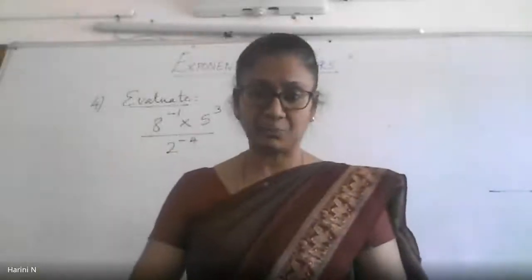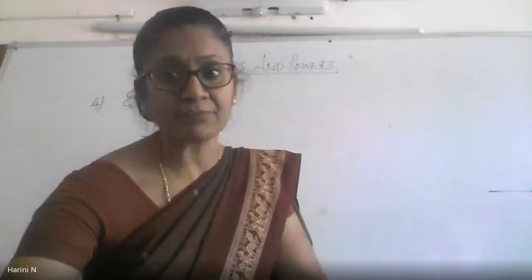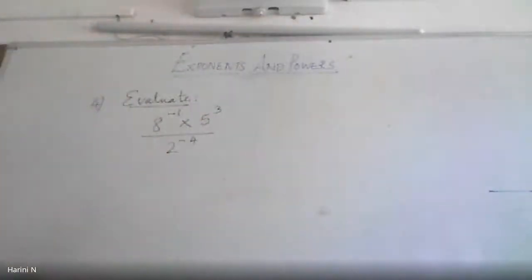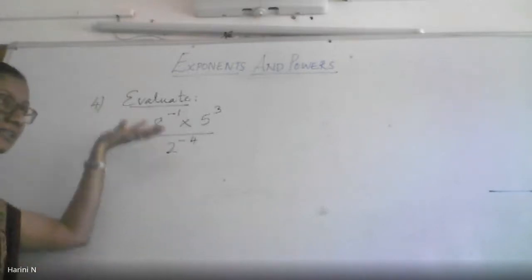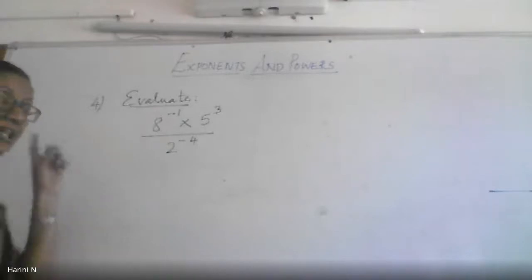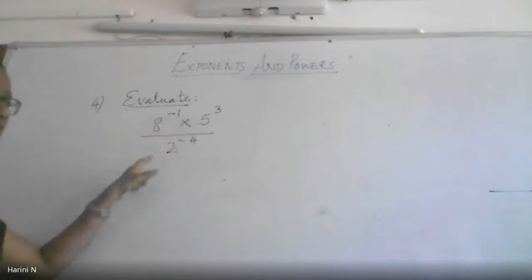require those 4 marks, because here you will be doing a number of steps to get the final result. So let us see how to handle this problem. Now when you look at a problem given to you with exponents, it can be either in negative powers or positive powers. The first thing you have to check is whether the base is a prime number or not.